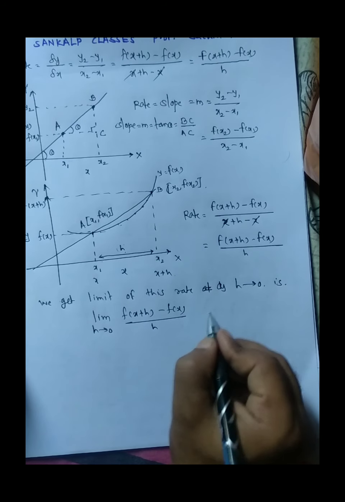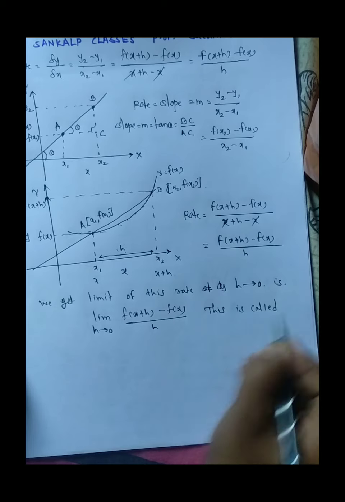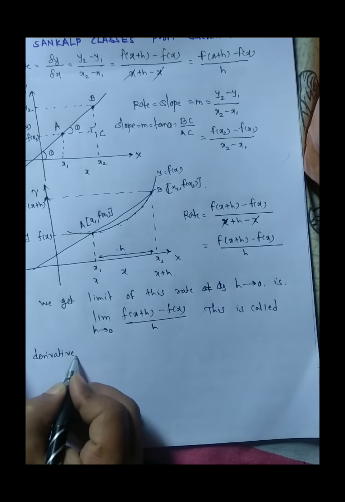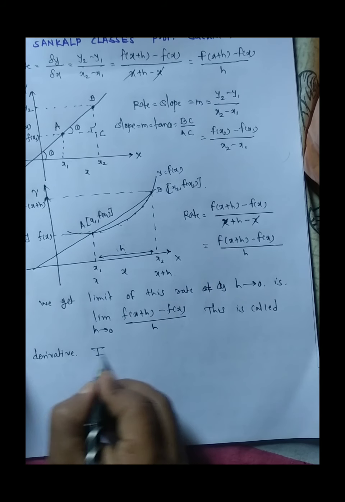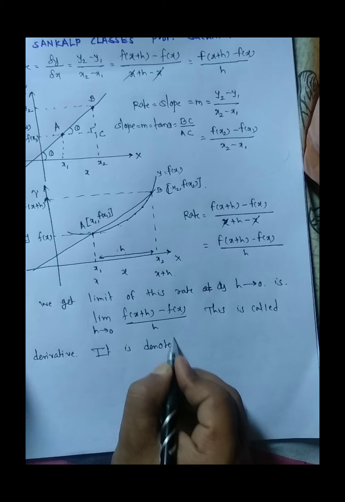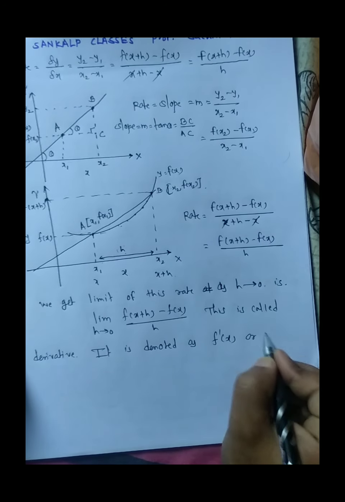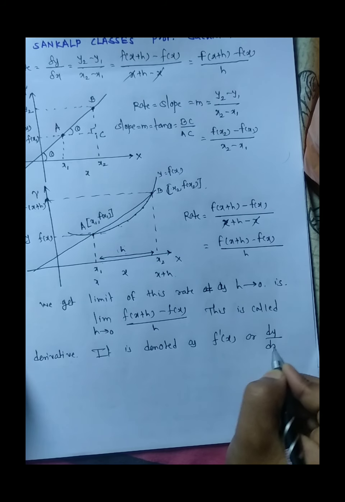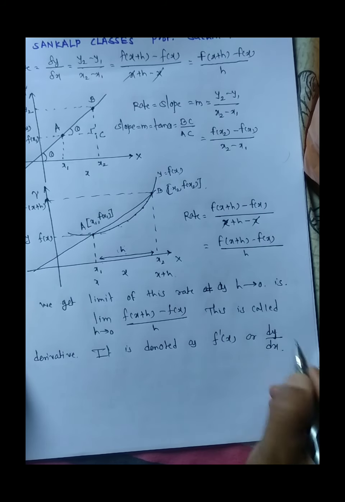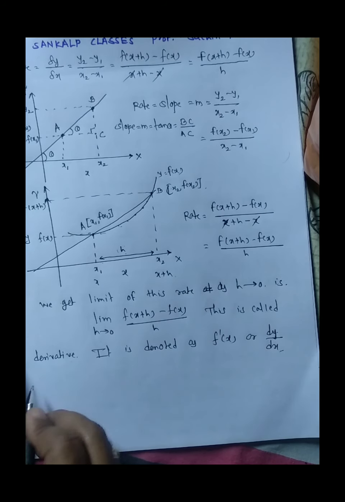This is called the derivative. It is denoted as f dash x or dy by dx. That means it is the derivative of y with respect to x. Therefore the derivative of y with respect to x is given as